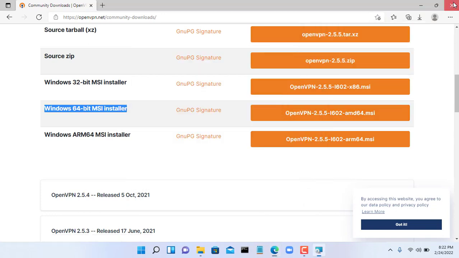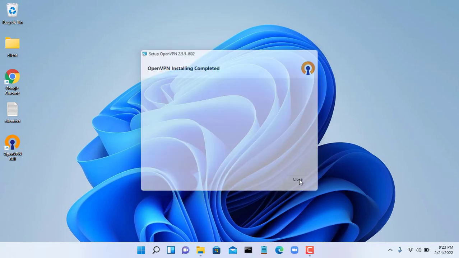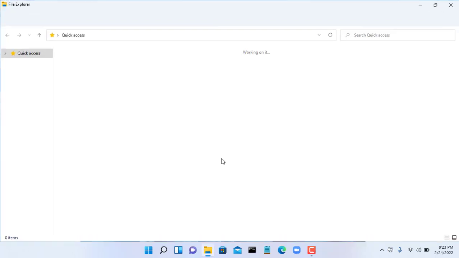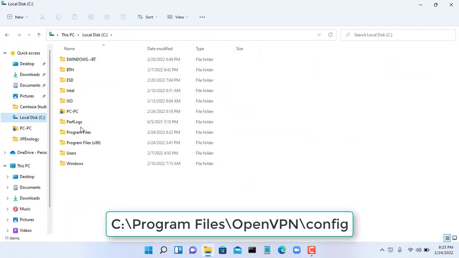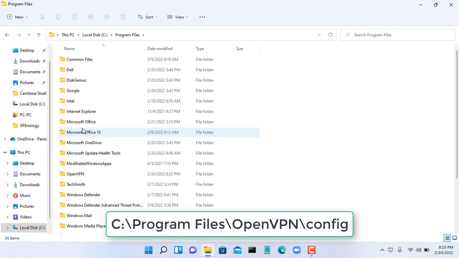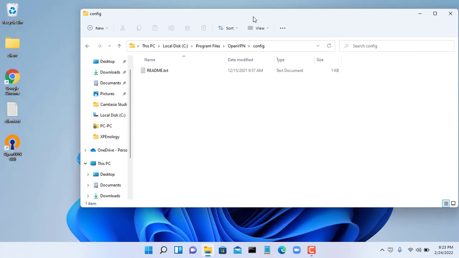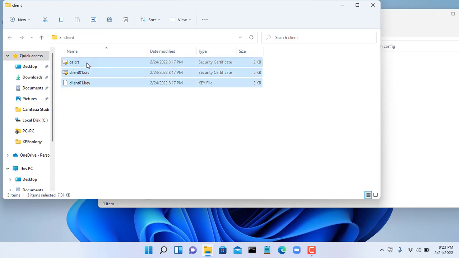But when installing, you just need to choose the default setting. You copy and paste these 3 files into the config folder of OpenVPN.